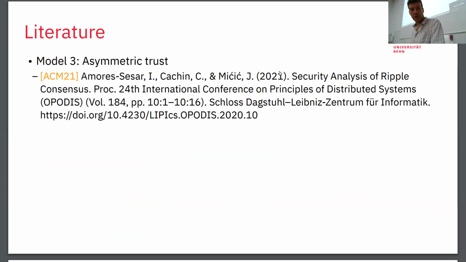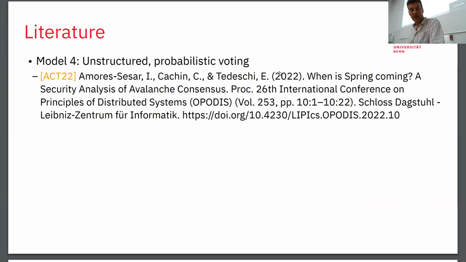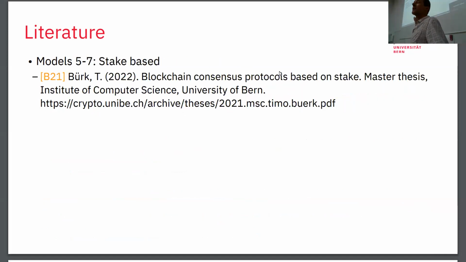So there's a paper where we also looked at Ripple that shows up because they're asymmetric. And this is the paper on Avalanche. I want to mention that we haven't really worked much on proof of stake or proof of space, but we have a very nice survey in the form of a master thesis on the stake-based protocols. But beyond those models, rational models, I don't understand them so much, right?